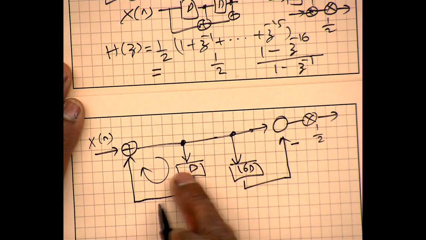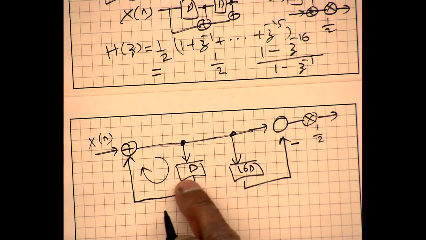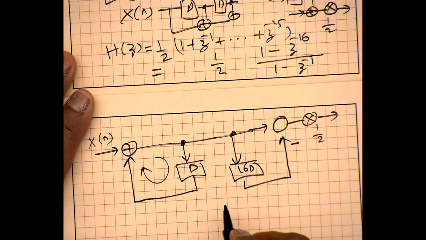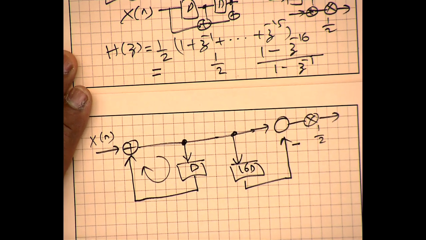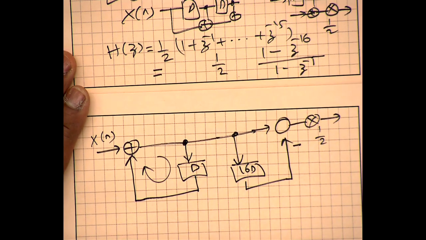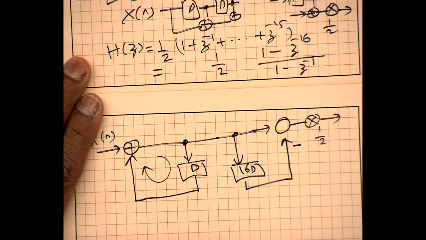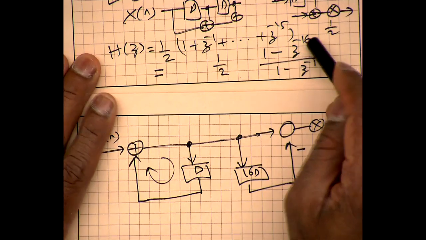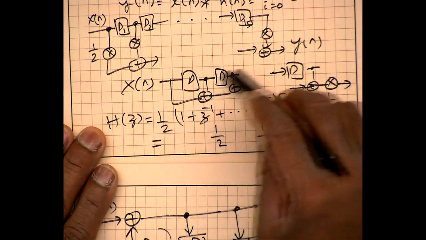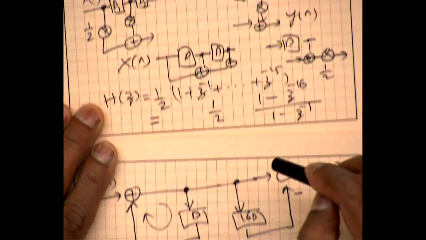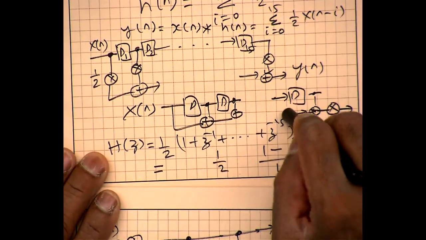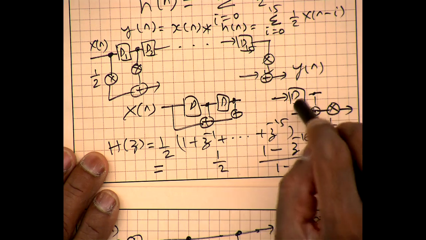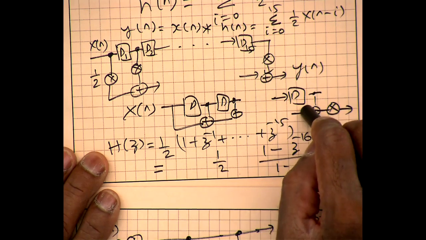And then I can share this delay here. This would be 15 delays, so I could tap out of here and take 15 delays. So this is not canonic with respect to the number of state variables, because as you can see here, this requires 16 state variables, whereas here I have 15 flip-flops or 15 states. So certainly in this example, this direct form FIR is the canonic with respect to number of states.